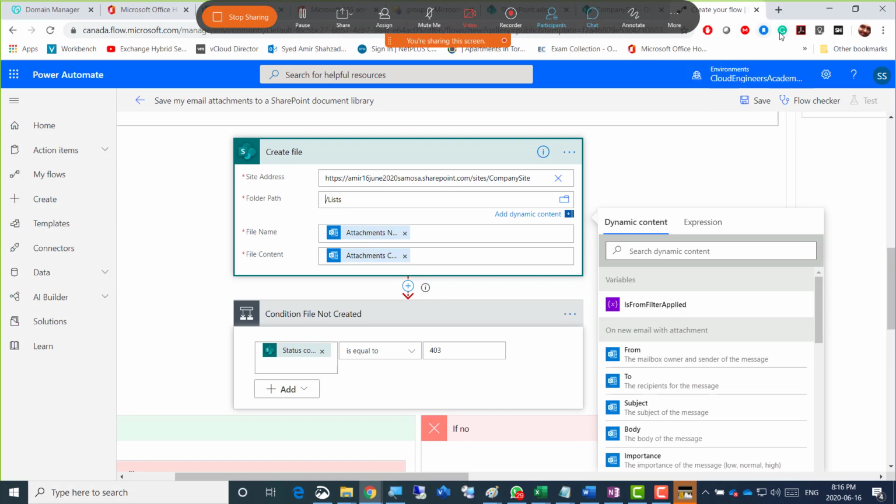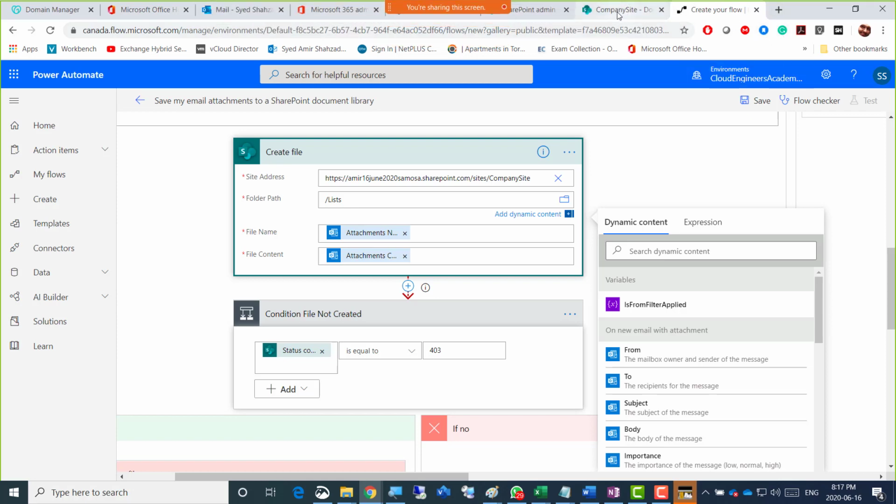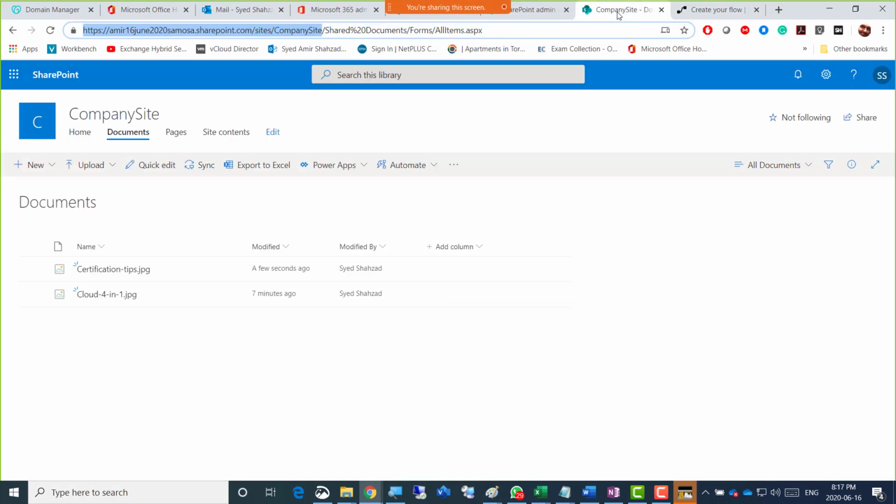If I just go to the site here, so yeah guys, automate is not a straightforward task. You have to go ahead and try to check out and make the logic of that. So I just mentioned that in the lists, just add that. So where is that lists that I just mentioned here?